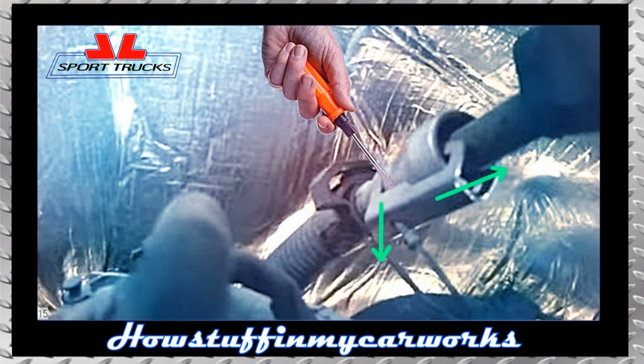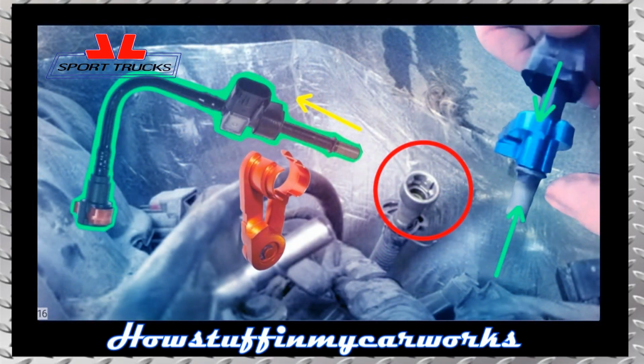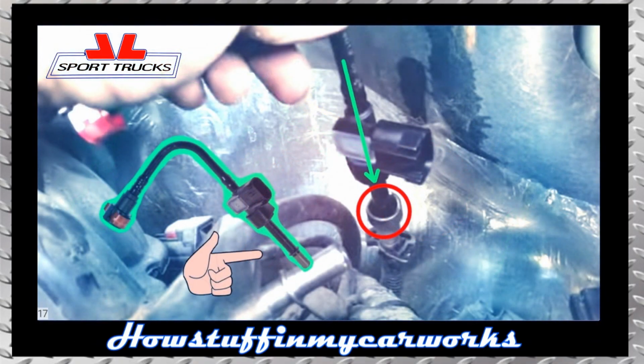15. Remove the fuel line retaining clip from the sensor at the other end by prying it out with a small hook or flathead screwdriver. 16. Next, insert a fuel line removal tool similar to the one shown on the screen and apply pressure against the line on the tool and at the same time, pull the fuel line out with your other hand to disconnect it. 17. Install the new fuel pressure sensor in its original position and apply pressure inward against the fuel